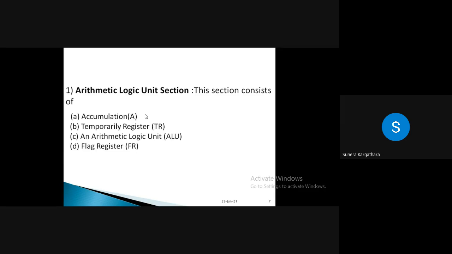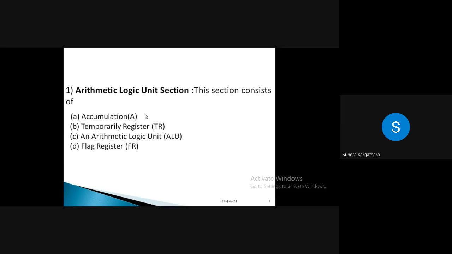Very good. It stores the result of an operation. Okay. Anything else? Very good. One thing for the accumulator is clear, that it will store the result. Then, if I speak the word accumulator, what comes in your mind? That only you need to discuss. To collect something, like a lot of things. Very good. It accumulates the things, right?